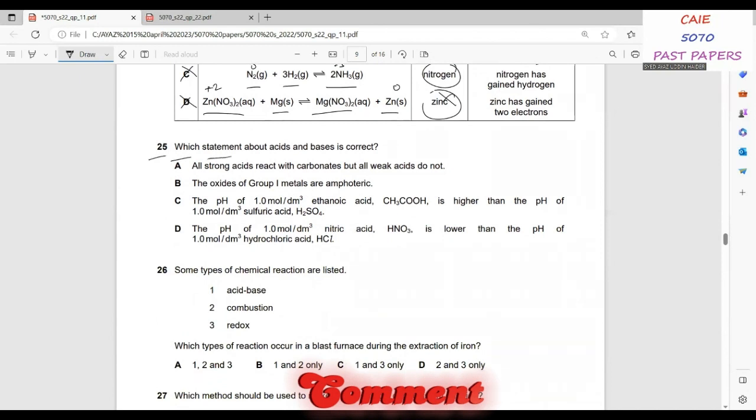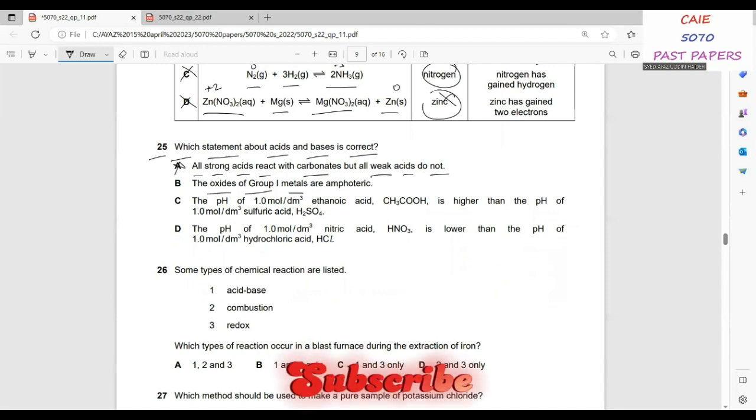25. Which statement about acids and bases is correct? A, all strong acids react with carbonates, but all weak acids do not. This is not true because all the acids react with carbonates, whether strong or weak. B, the oxides of group 1 metals are amphoteric. This is also wrong because the oxides of group 1 metals are basic,